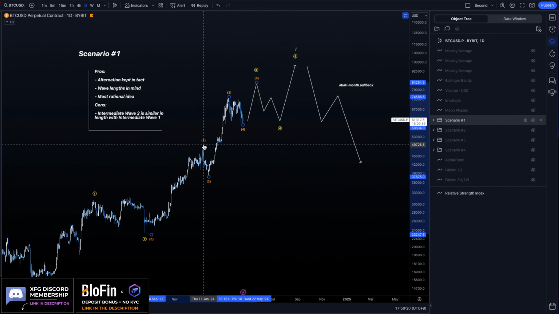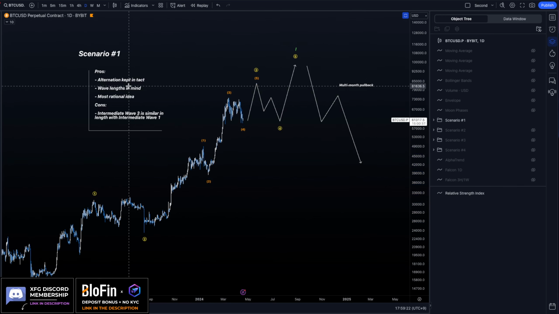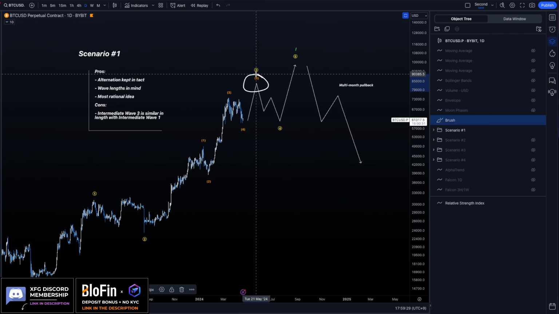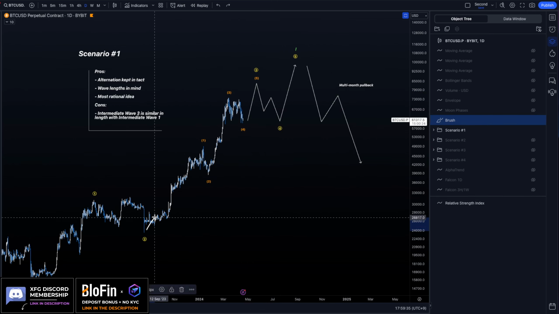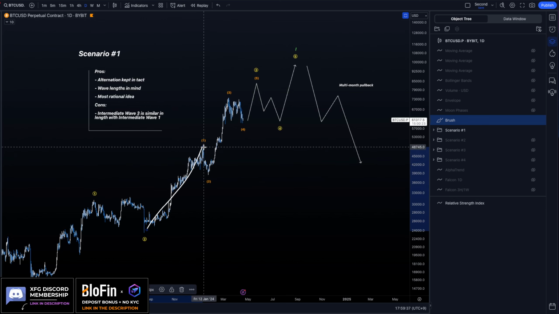There is a drawdown to that. But if we're keeping the most rational way of keeping things intact, and assuming that we have a rational idea that there is going to be some kind of major pullback around the 80 to 90K levels, then we want to assume that this is going to be the longest wave of an intermediate degree wave 1. And with that being said,